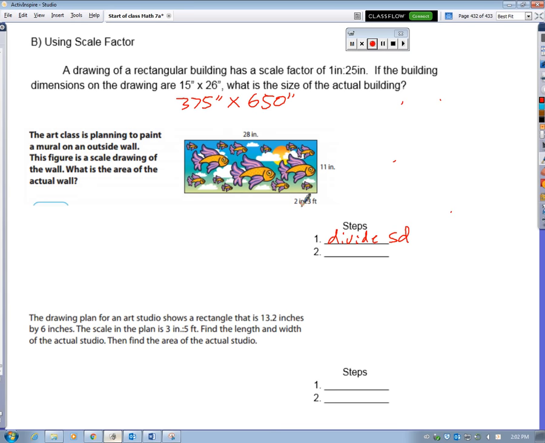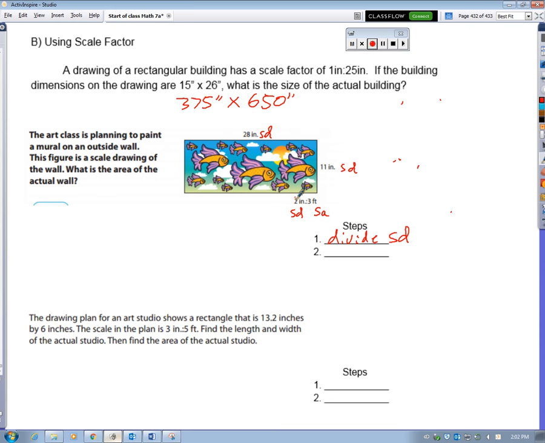Here we have the scale drawing is 2 inches. That's going to be my SD. And over here we have the size of the actual wall, so that is going to be the scale actual. Okay, so this is our scale drawing. This is the size of our scale drawing, and it matches up with what our scale drawing is here. And then we have the scale actual, the actual size of the wall. So what we're going to do is we need to divide the scale drawing. Alright, so we need to take this 2 inches of our scale here and divide it into the scale drawing